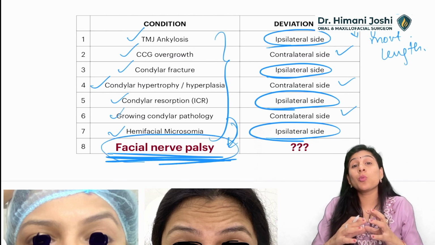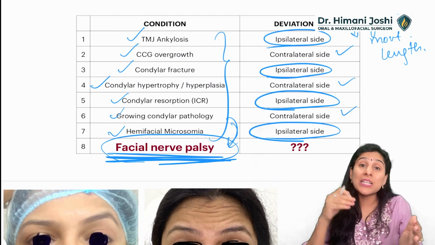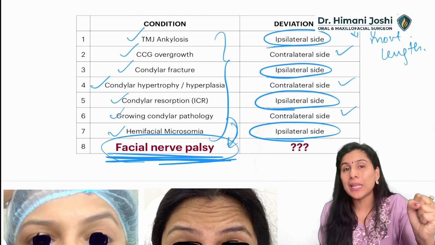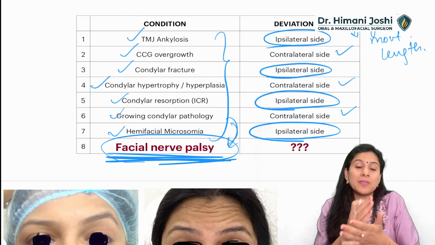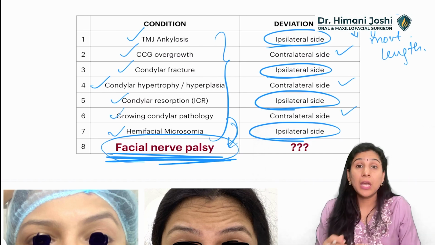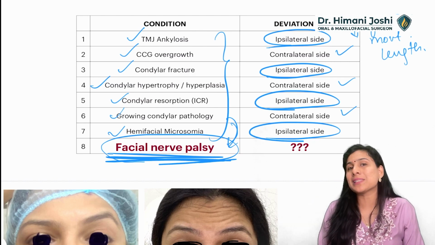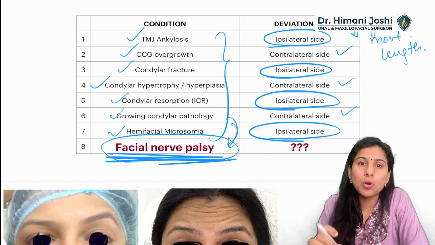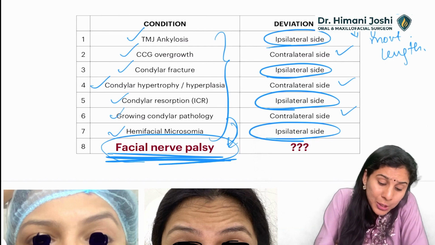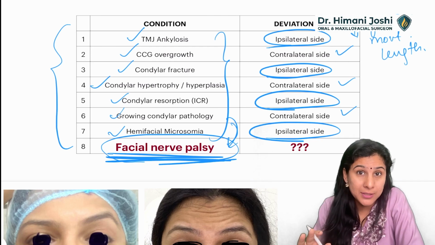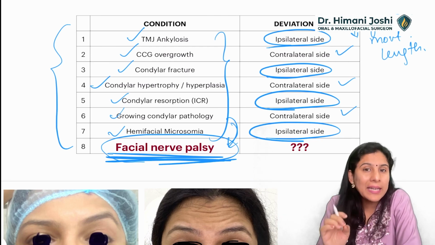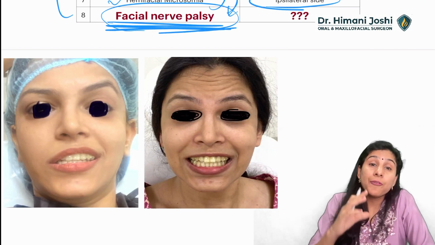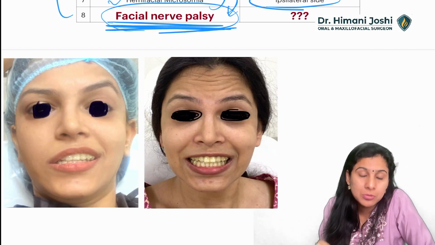If you are doing the surgery very, very carefully, if you are not injuring the facial nerve, then the palsy will be temporary because of the surgical swelling, because of the surgical edema. But if you have resected the nerve, you have not taken care of the nerve, if it is transected, then the facial nerve palsy can be permanent. Most of the times, it's always a transient or temporary facial nerve palsy that you can see in any of these surgeries. It will not cause any deviation of chin. It will only cause the soft tissues or the muscles of facial expression to be affected.